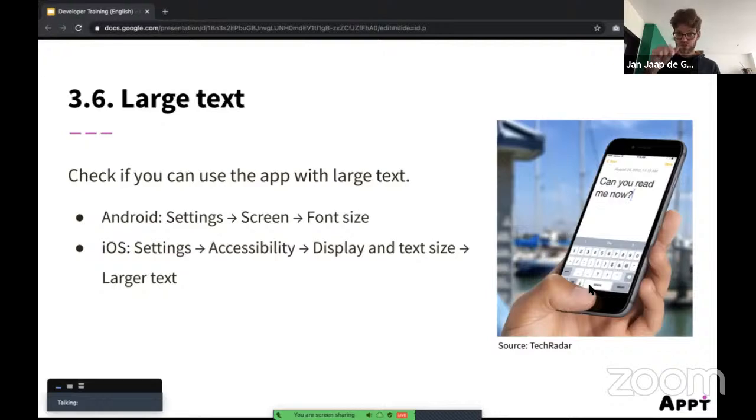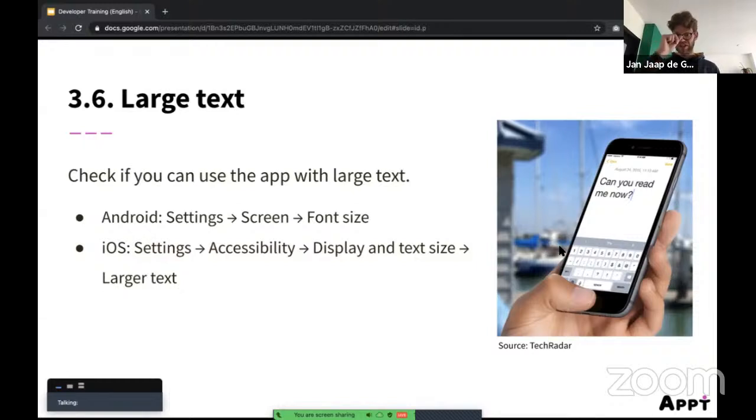So I really suggest you turn on a really large font size in the settings, and then open some apps, maybe the apps you're working on, and then see if they adapt. Does the font in the app get bigger or does it just stay the same? It should increase if users have a preference for using a larger font size. This one is really important: 1 in 3 people have a different font size enabled. So it's really a high impact one to consider for your app.